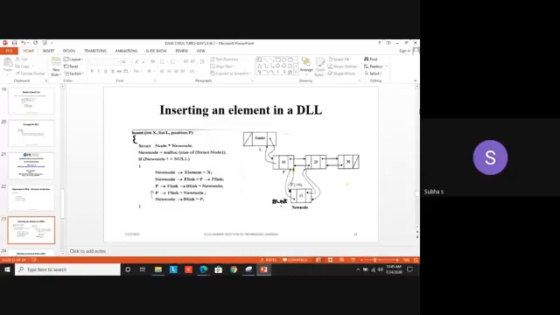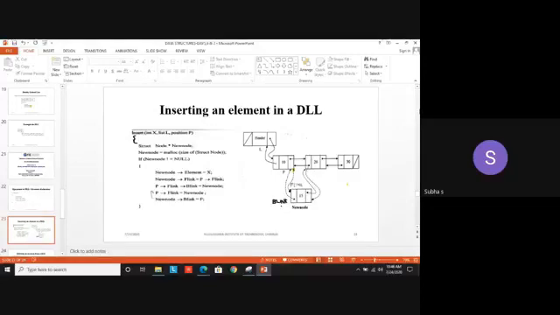It will be a little confusing as you are looking at it for the first time. Try to listen carefully. Again, I repeat. You are going to insert the element 15, that is your new node. So you have to place new node F link and new node B link. The new node F link is what? P arrow F link. P is what? Element 10. P arrow F link is the new node arrow F link. Now, P arrow F link arrow B link. What is the P arrow F link? 20. That B link should point to new node.